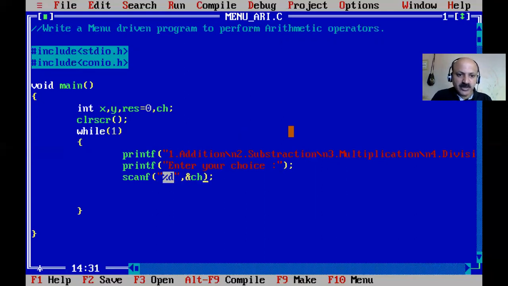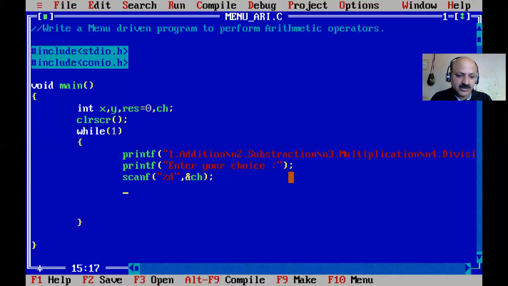Then ampersand ch, because ampersand refers to the address, and the compiler gives 2 bytes to an integer in C language. So ampersand gives the address to the compiler. Now our menu is ready, and choice is ready.